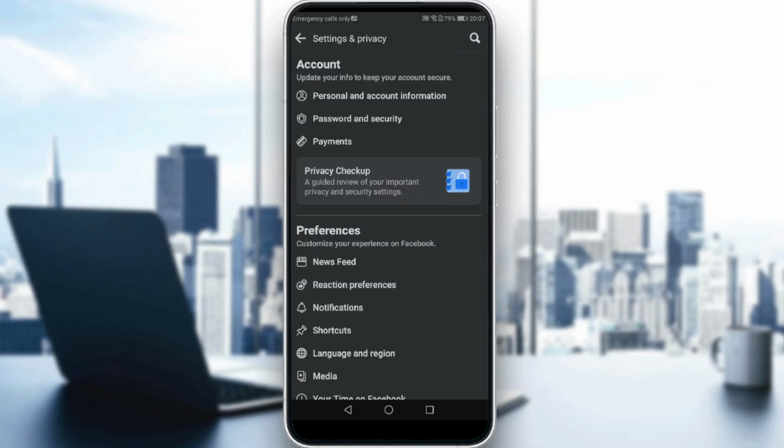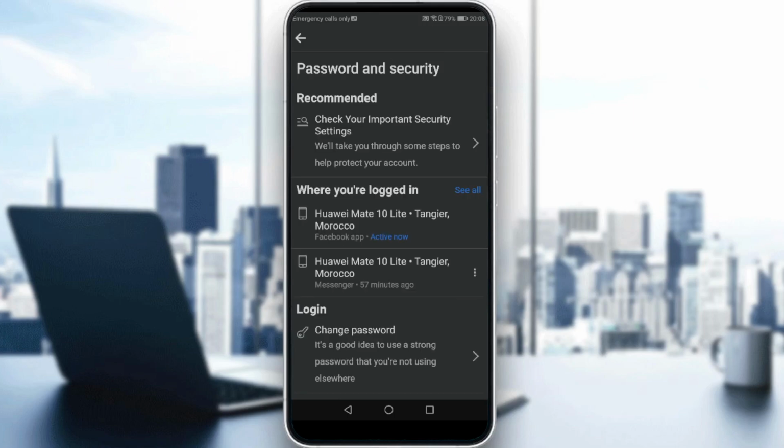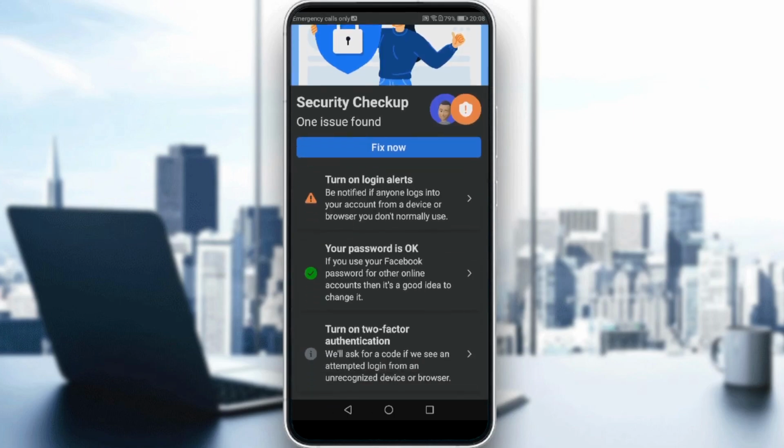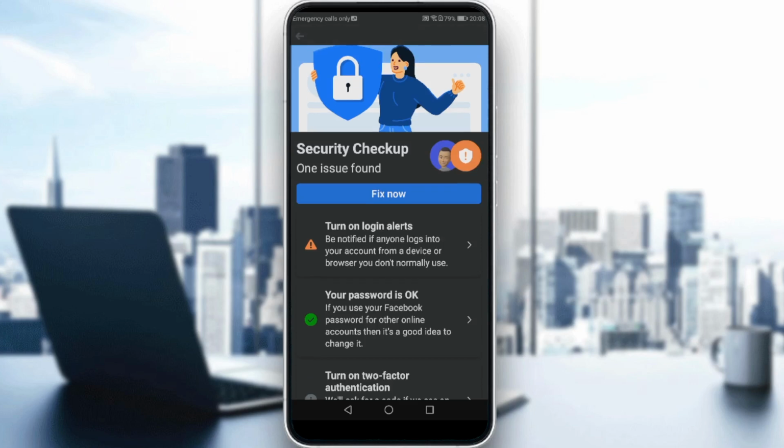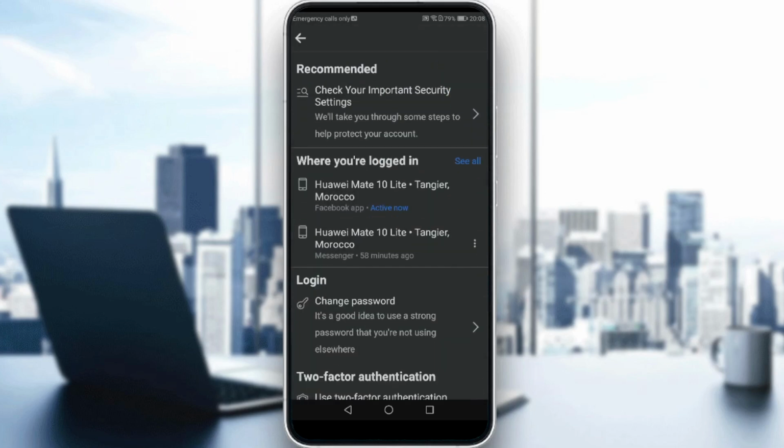So after navigating into your settings, you would like to click Password and Security, and check your important security settings so you don't get hacked or anything. As you can see, all of these should have the green check mark. Make sure all of them have the check mark, then go back